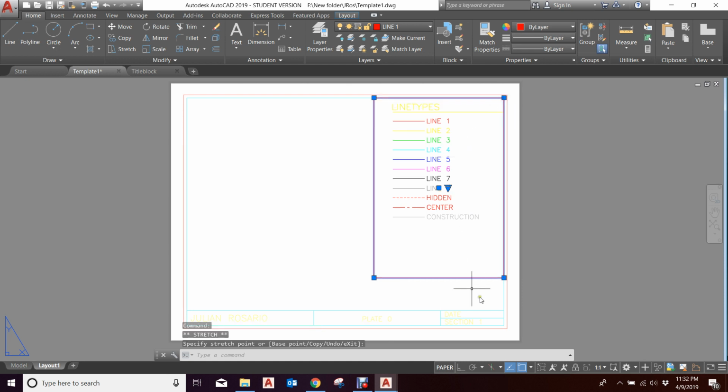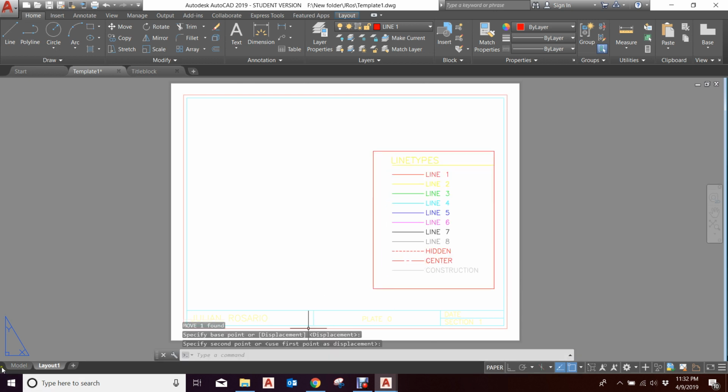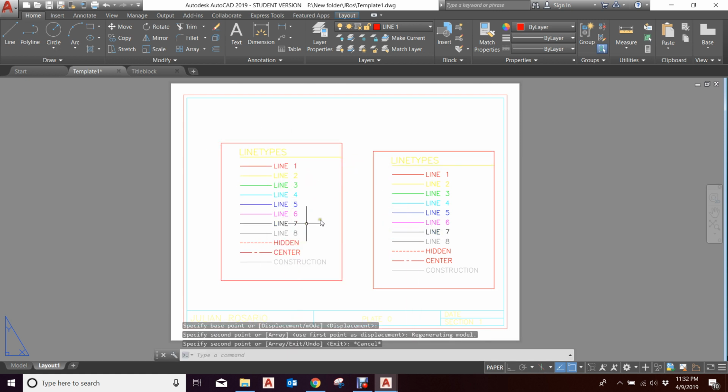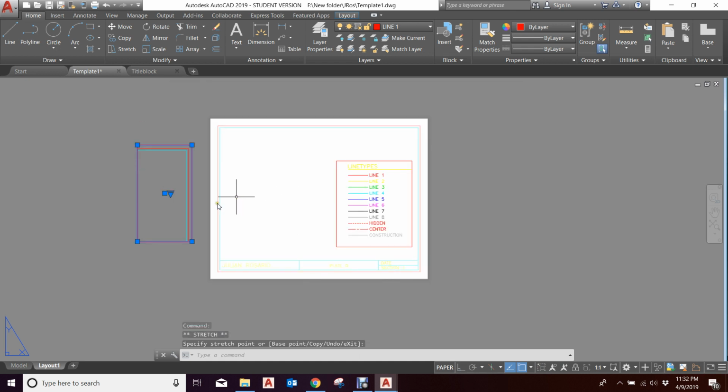So you can also make a copy of it. CO, and it's going to do an exact replica of it, and you can just change the window for it too, going in this. And if you double click inside it,